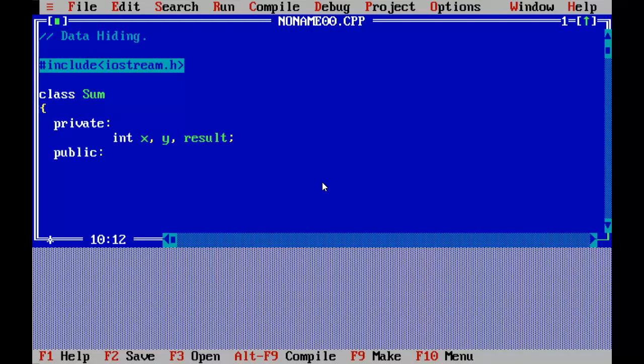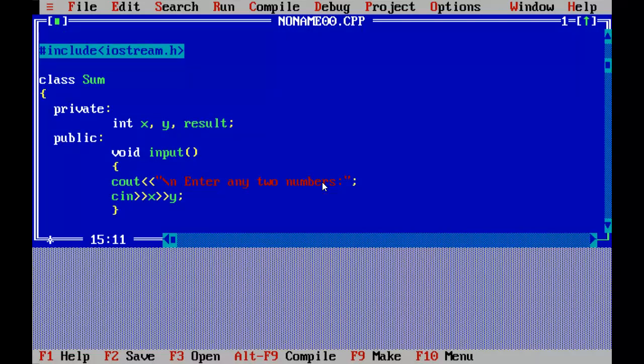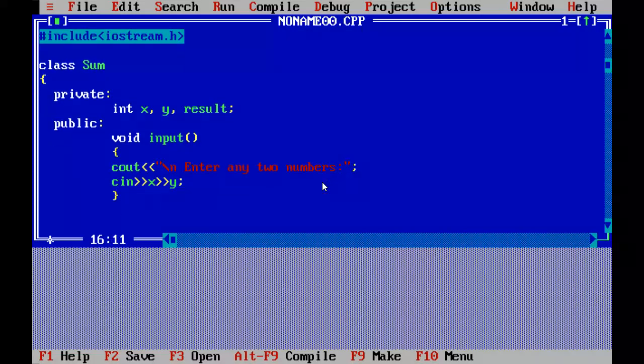Again, now in the public scope, we usually write the functions. So the first function is input. With the help of this function, I will take input from the user: enter any two numbers, and I'm putting them in X and Y. After input, let us go for the processing. So I will write here process.